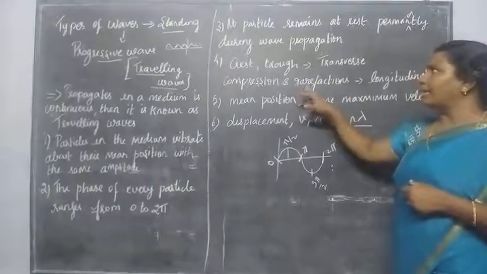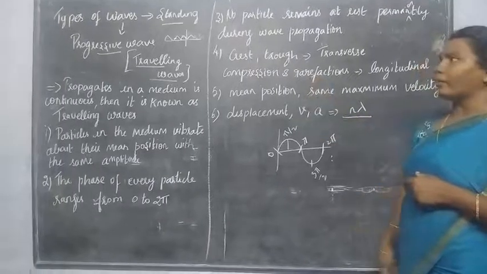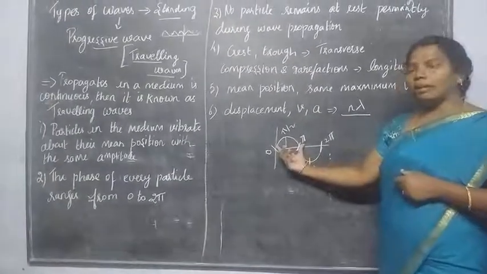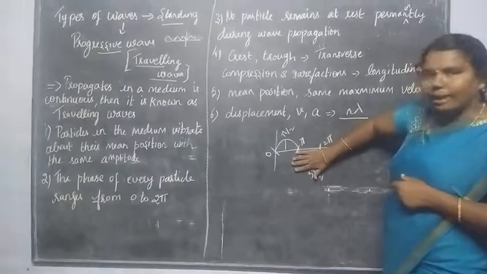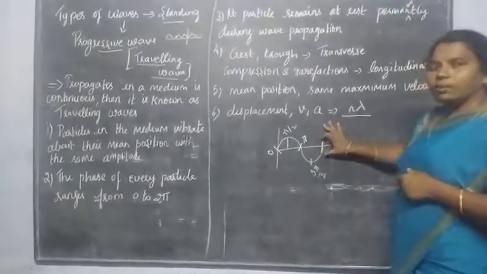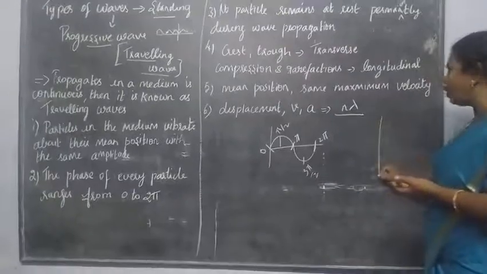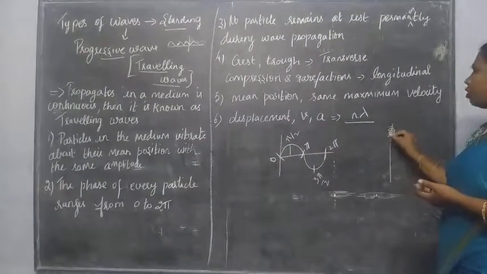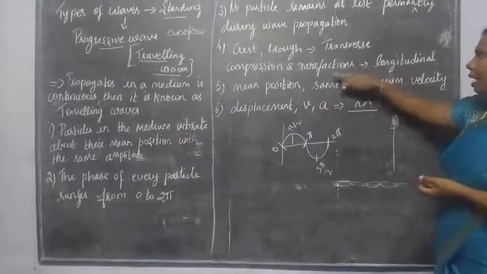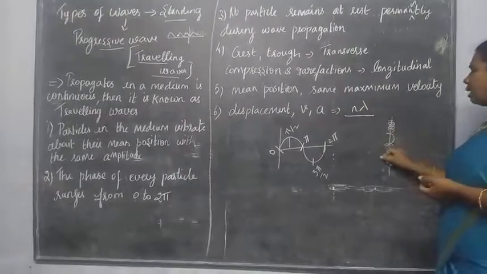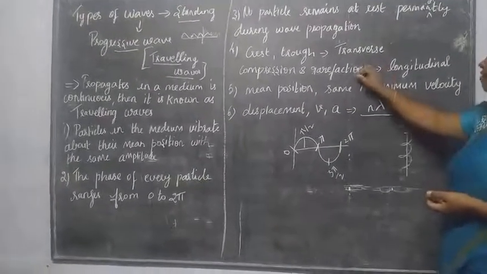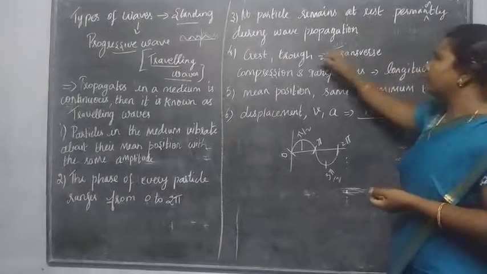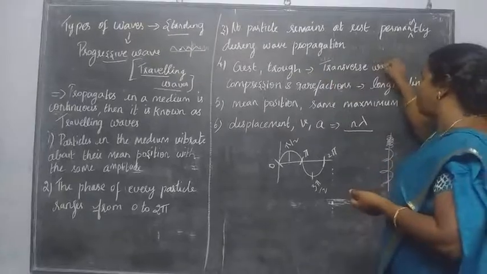And the next one is the crest and trough. This I also explained in the last classes. What is the crest? The upper portion is called the crest and the lower portion is called the trough. This is for transverse waves. Similarly, in a longitudinal wave, if the particles are in a very closed position, you can say compressions. And what is rarefaction? The elongation of the wave is called rarefaction. So this is represented for the longitudinal wave and this is represented for the transverse wave.